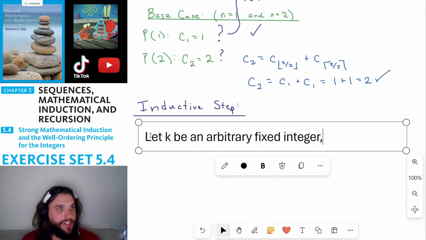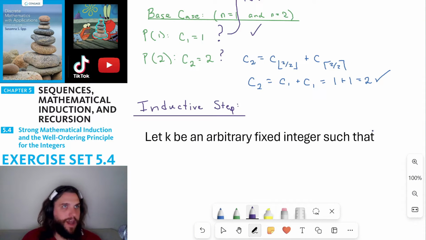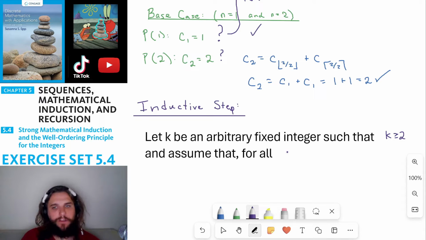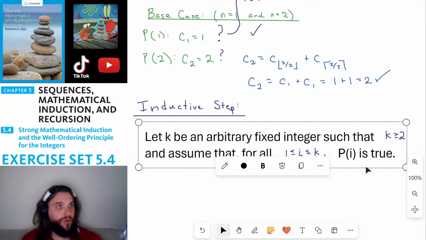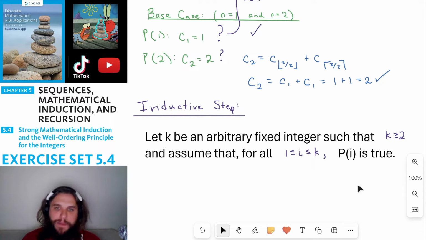Now we start all inductive steps the same with let k be an arbitrary fixed integer. And now we're going to make specifications to k, and we're going to make assumptions about P of n for certain values of n. Now in strong mathematical induction, we want to assume that k is greater than or equal to the largest base case, which in this case means that k is greater than or equal to 2. And then we're going to assume that for all 1, the smallest base case here, less than or equal to i, less than or equal to k, P of i is true. So altogether, let k be an arbitrary fixed integer such that k is greater than or equal to 2,